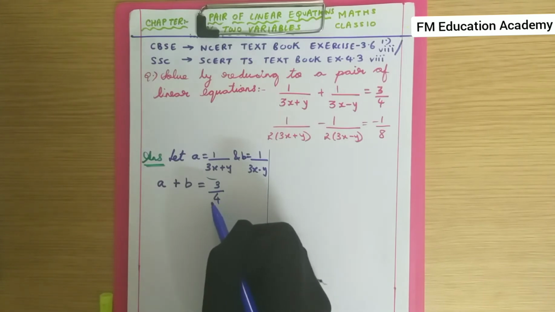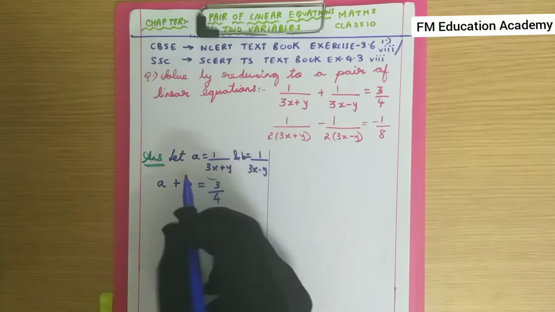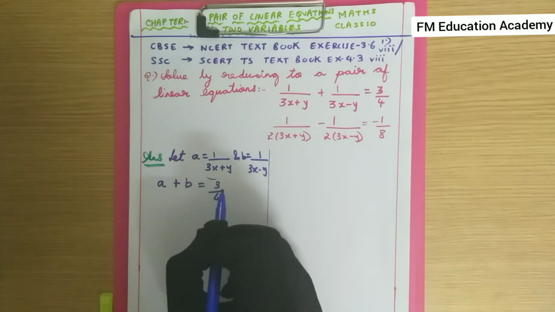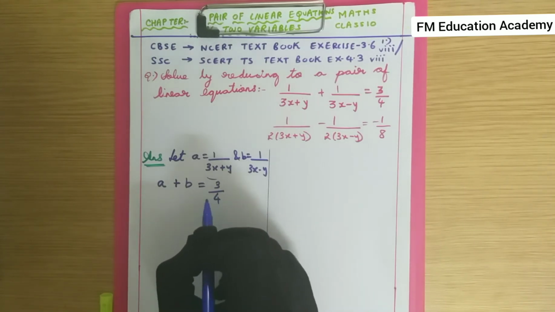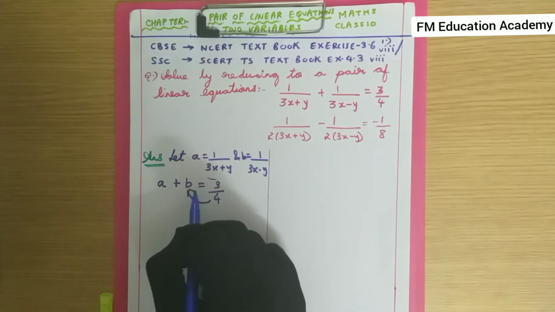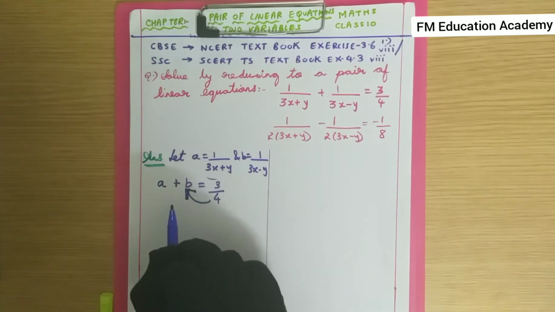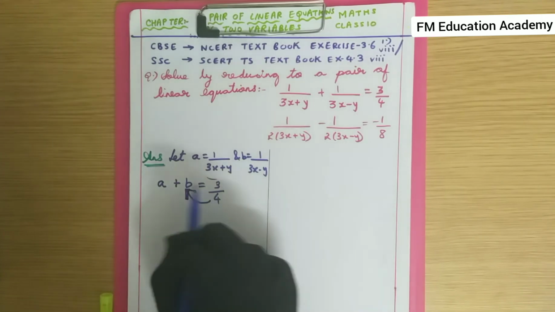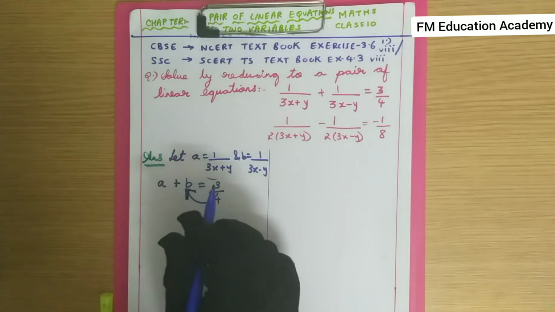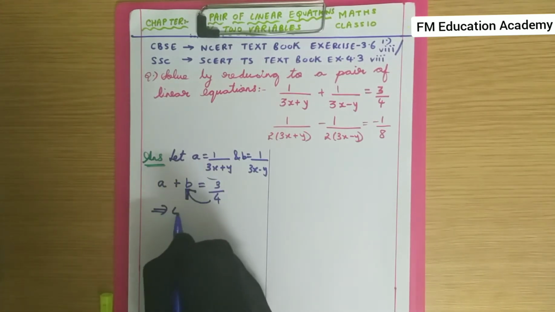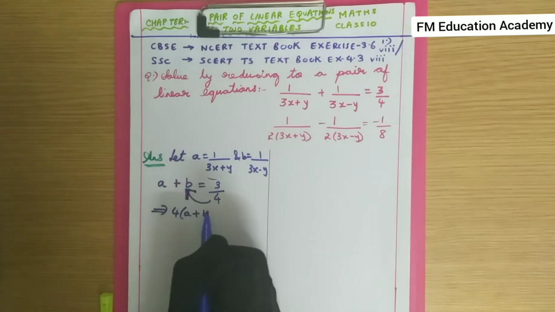Now what do I have here? I have a fraction on the RHS. This is my LHS and this is my RHS. In the RHS, that is the right hand side, I have divided by 4. I don't want divided by 4. So what can I do? I can send this divided by 4 to the LHS. If divided by 4 goes to the LHS, it becomes multiplied by 4. Remember this, whenever divided by goes that side, it becomes multiplied. Okay. So what will this become? 4 into (a plus b) is equal to 3.